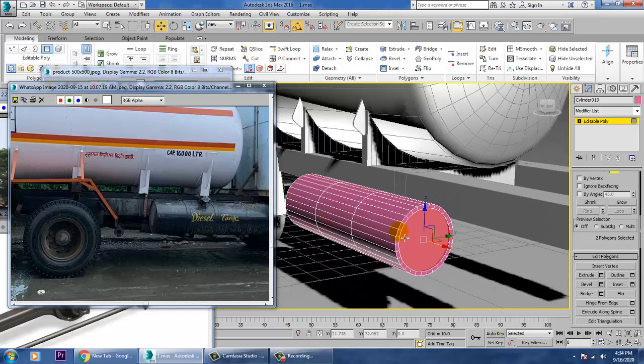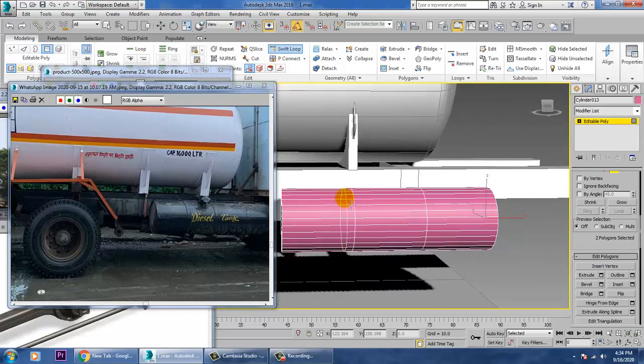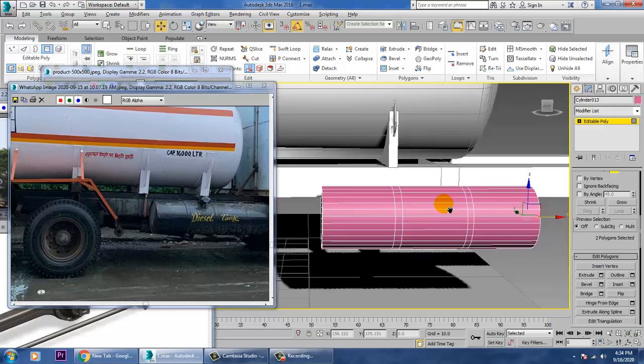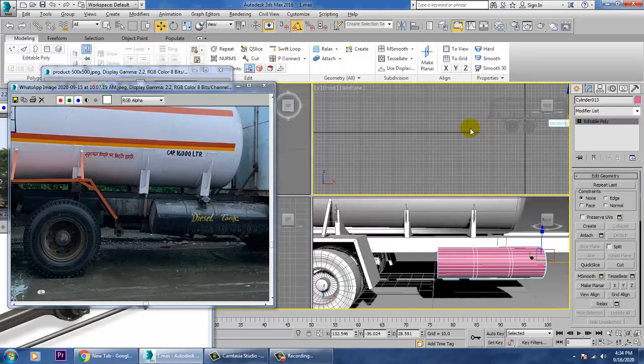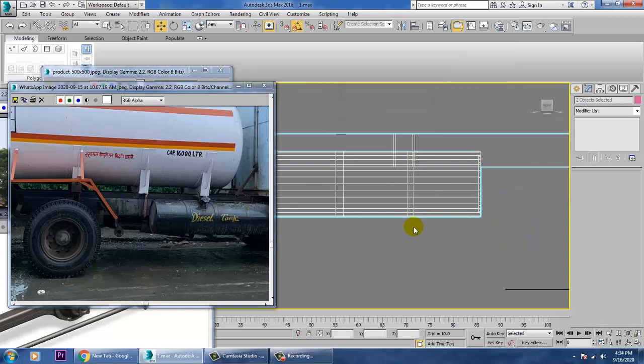So once you're done with this, now again you can just put some loops over here, select the polygons of it.